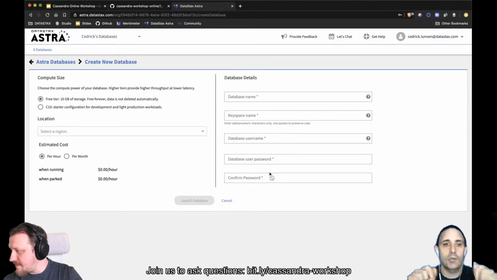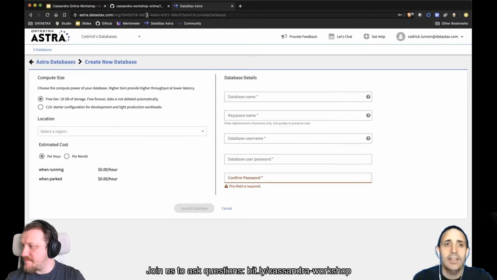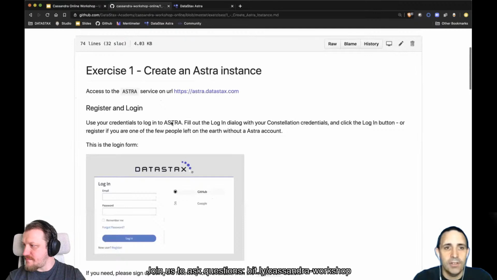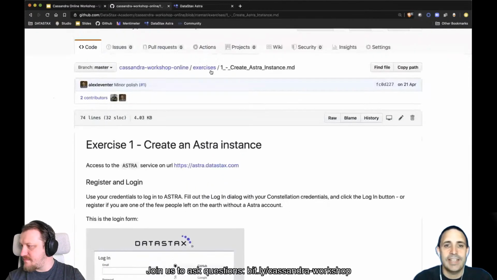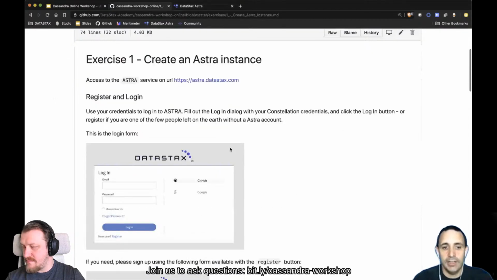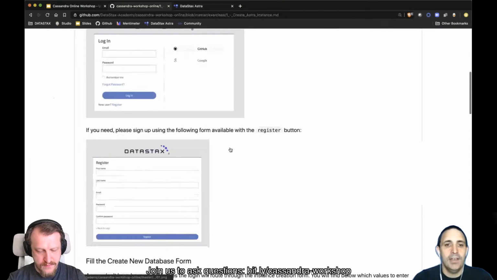So remember, I'm using astra.datastax.com, and the values I need to provide here are on GitHub, in the DataStax Academy Cassandra Workshop Online, exercise 1, create Astra instance. It has been shared on Discord again, and it goes through all the steps, and the values you need to provide are there.